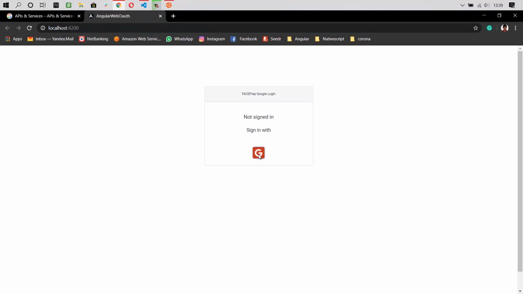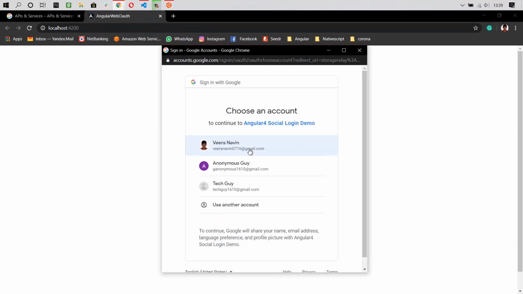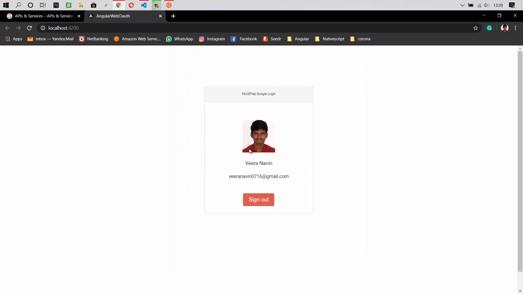So here with the help of the Google button I am going to make sign in. So if I click this button, in a pop-up it shows the available mail IDs, so I am using my mail ID to log in. Yeah, done. That's it. Now if I click sign out, it will log out the user.